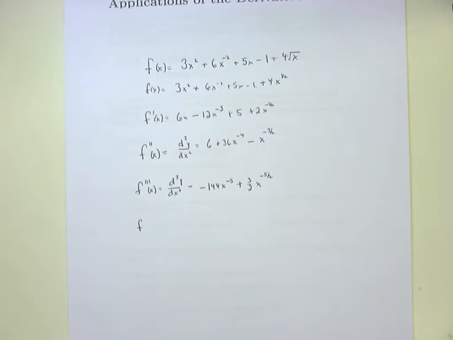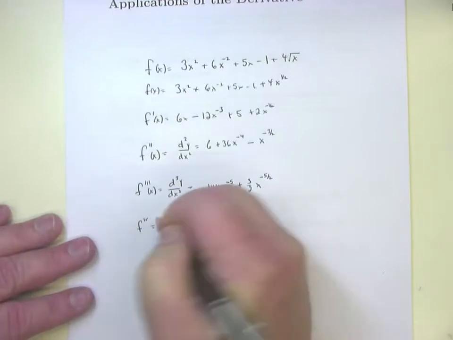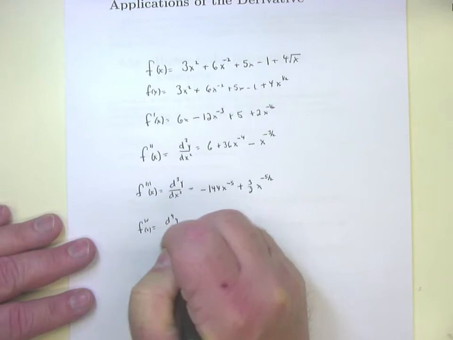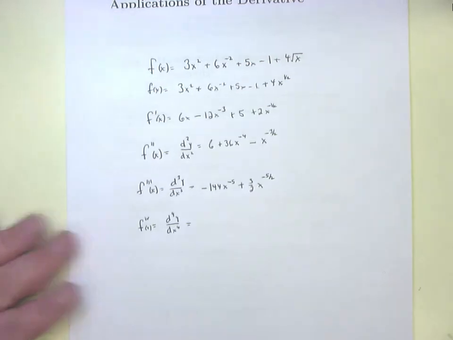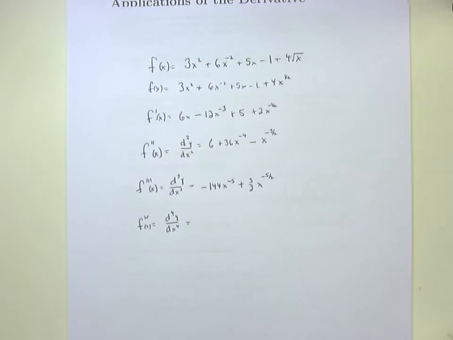Eventually, we actually start using Roman numerals. So the fourth derivative, the IV, in terms of x there, would be d4y over dx4. That's your Leibniz notation. It would be equal to the derivative of negative 144x to the negative 5. Negative 144 times negative 5 is